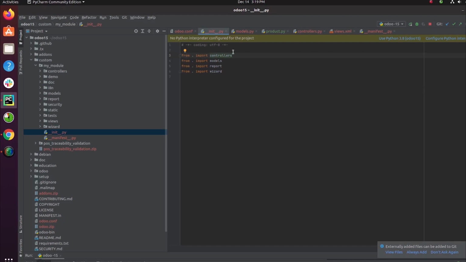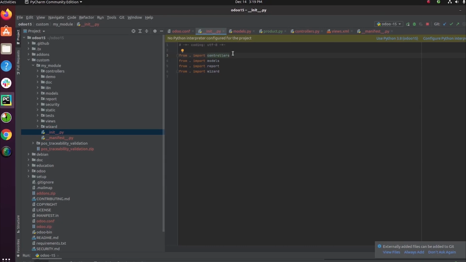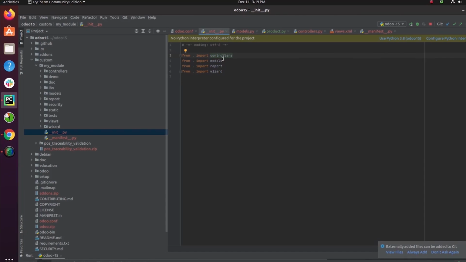Here it loads the controllers, which handle requests from the web browsers, and then models, which are the business objects that extend the existing functionality, or we can add new features. For systematic analysis we can do reports and import those reports. And then the dialog boxes in Odoo, which are wizards, can also be imported from here. Those packages can be imported in the init file.